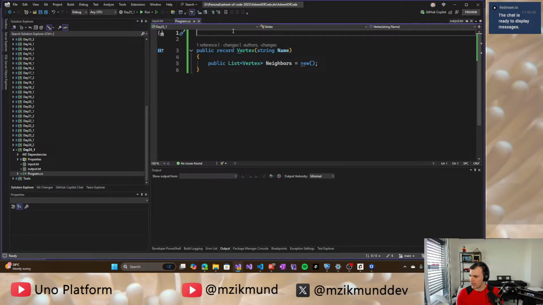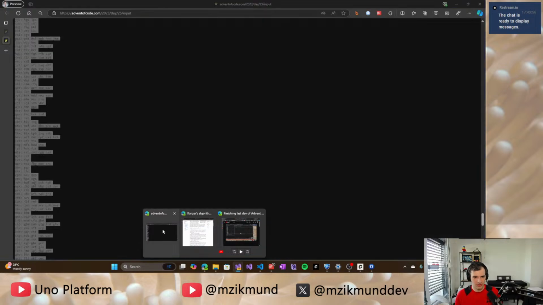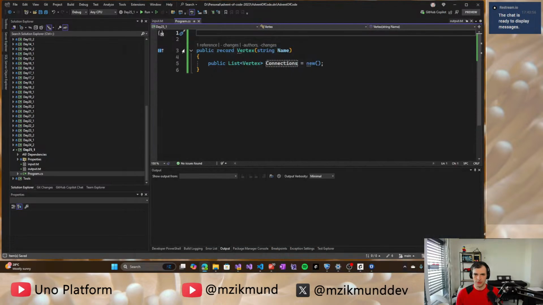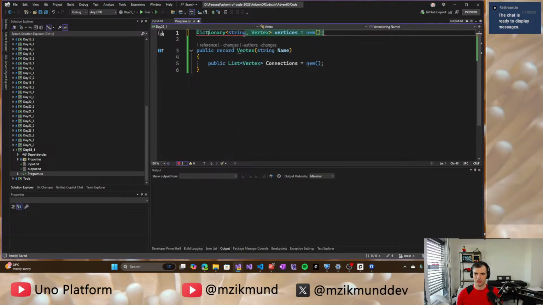So I was trying to explain the data structure that we'll be using for this problem. I have this vertex record that we will be using to store the individual vertices of the problem, and then the neighbors are the connections. That's a better name, connections, because those are wires, so it's wired connections between the edges. So now what we need to do is to create some kind of dictionary of vertices, and we will